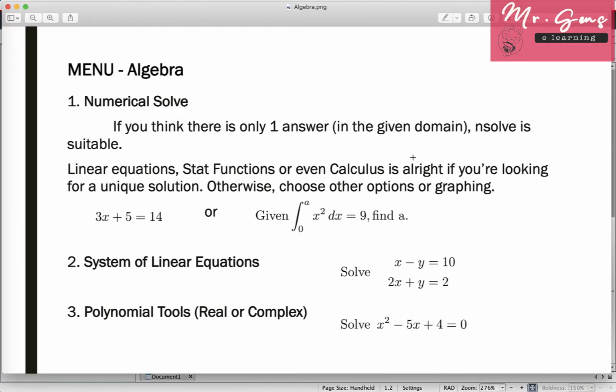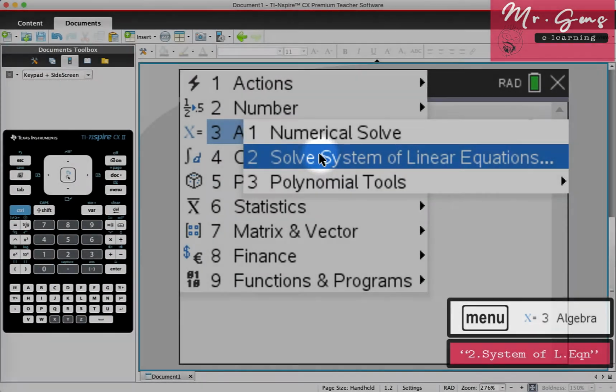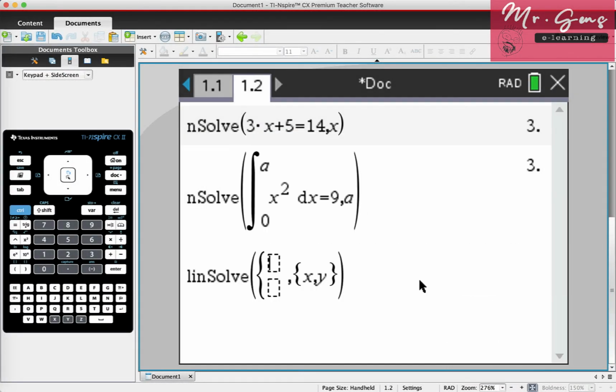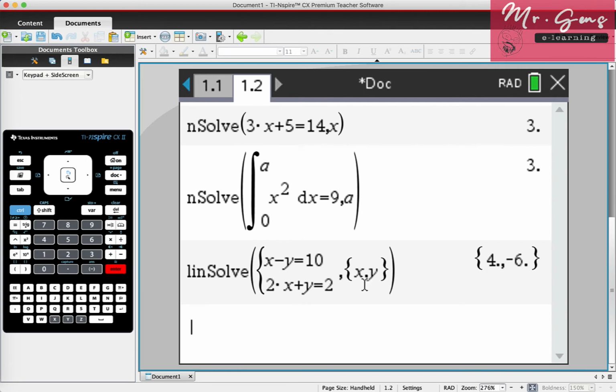Second option is for system of linear equations. It can be two variables or it can be more than two variables. Even if you have a unique solution, no solution, or infinitely many solutions, you can use this option. If you are using other variables than x and y, you have to specify which variables that you are trying to find. And when you press enter, you will see x equals 4 and y equals -6 is